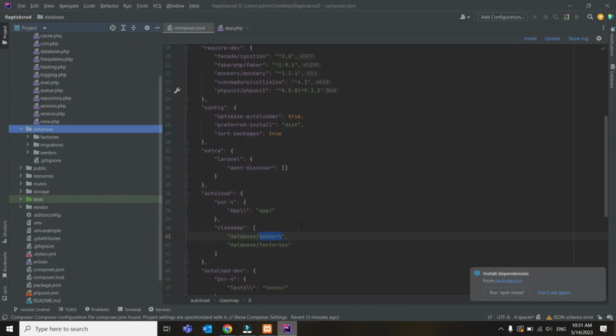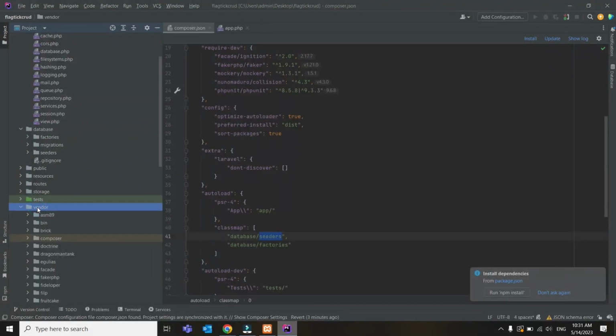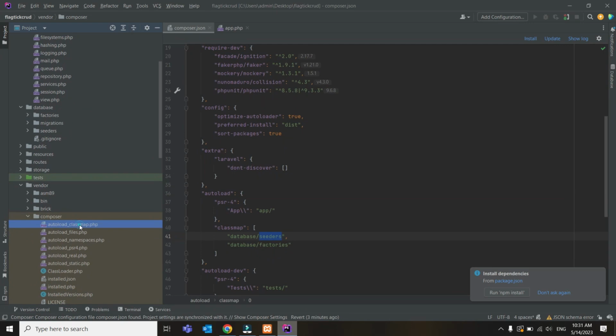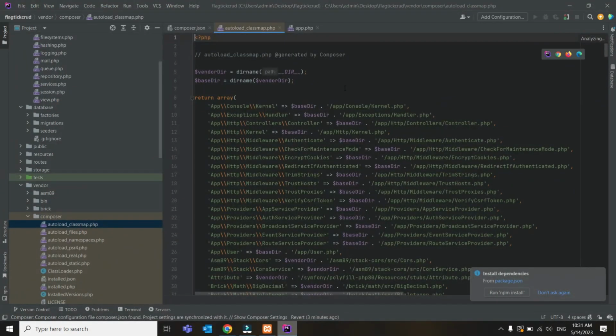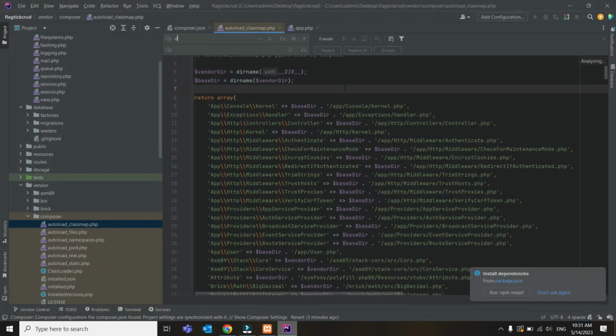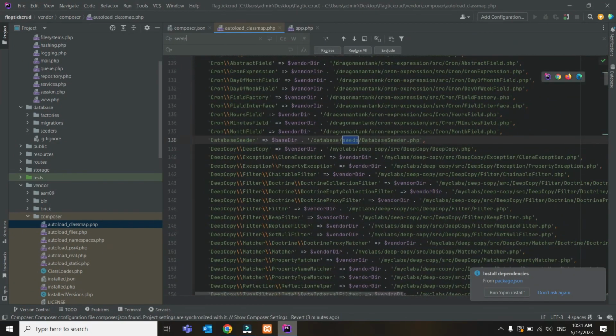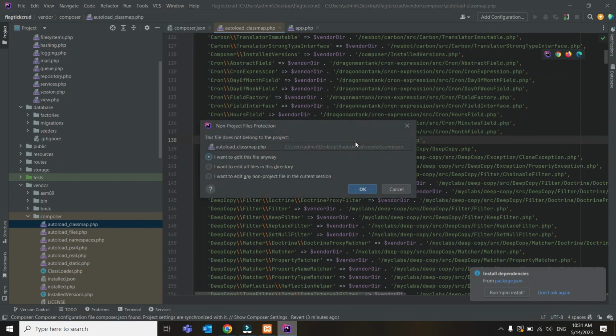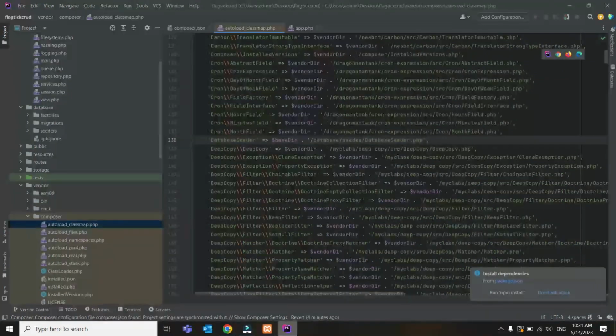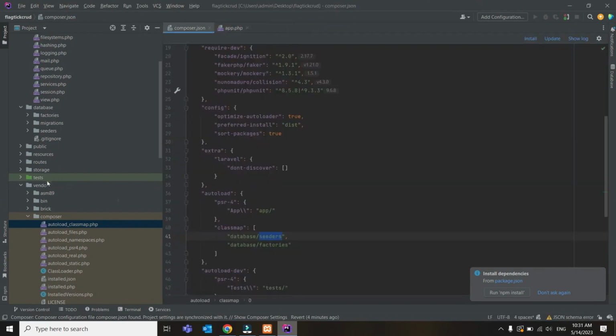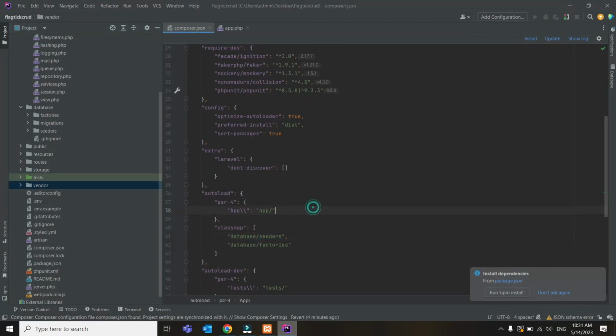When you click save here, you go to the vendor folder. In the vendor, we have composer, right? And in composer, we have autoload classmap. In this one, I need to find the seeds. Let's find the seeds. Okay, at this time you need to change it to seeders to avoid the error. That's why I just want to show you. All right, so after we configure this one, we need to